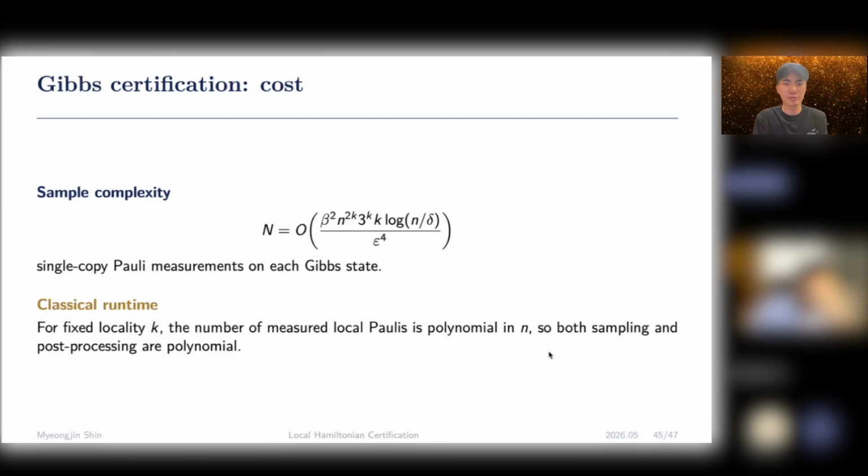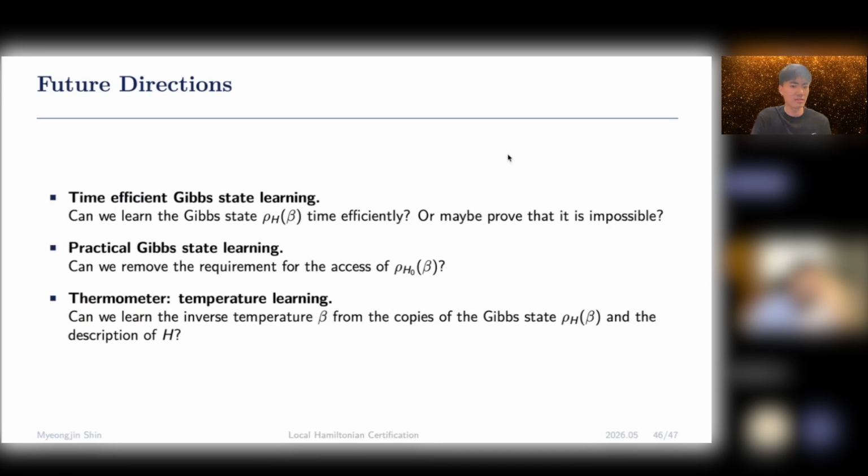So these are the results in the Gibbs state certification and the learning task. So now onto the future directions. Can we learn the Gibbs state itself time efficiently, or maybe prove that it is impossible? I believe that it is impossible, so there's going to be a lower bound, but to my best knowledge, it's not proven. And second is that in the Gibbs state certification procedure that we used, we need to have a